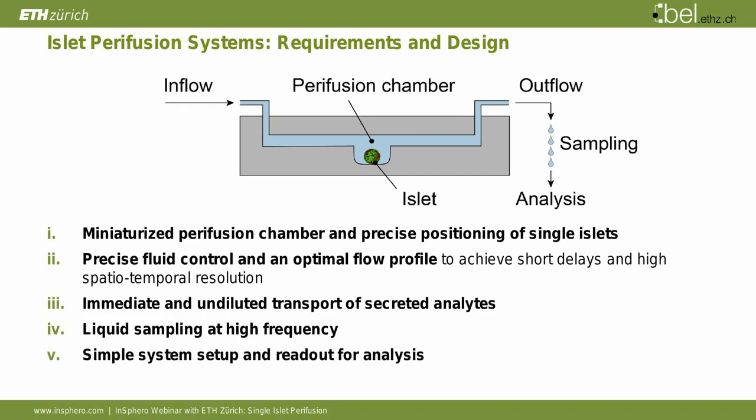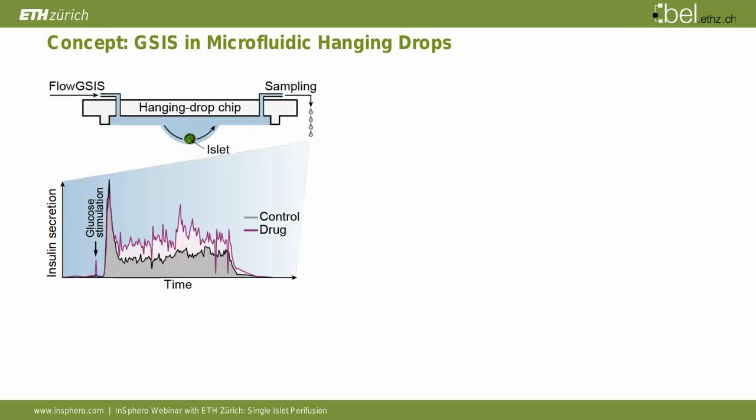Also, we have to make sure that we keep the system as simple as possible, on the setup side as well as on the readout side for the analysis, to make the system accessible for researchers across different laboratories. Now we tried to address all of these requirements, and we came up with our GSS Flow CSS Platform, which